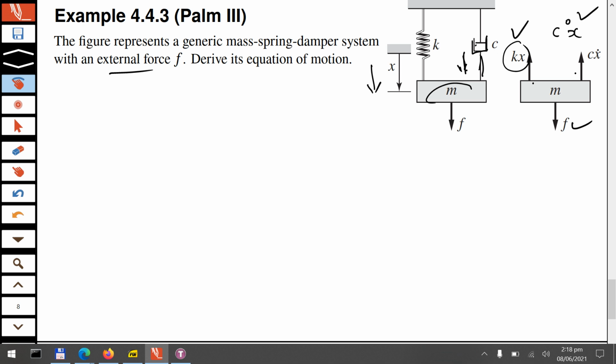So two forces are opposite x and one force is in the same direction as x. So now we can actually apply Newton's law. For a rigid body we write m times x double dot,